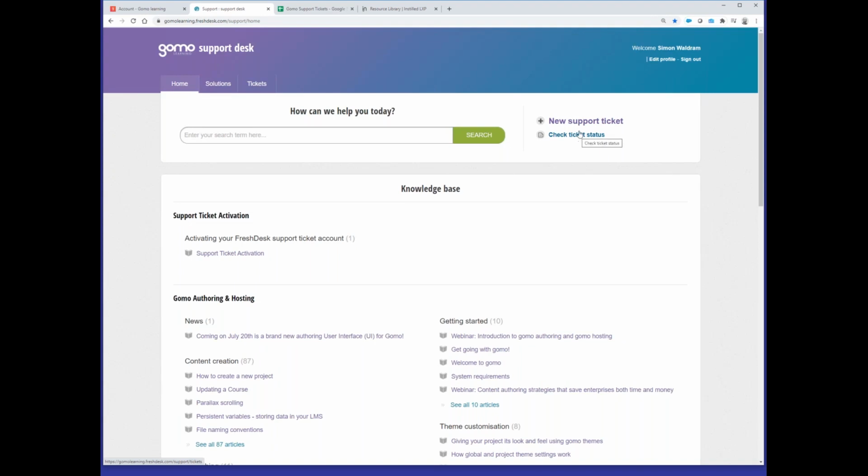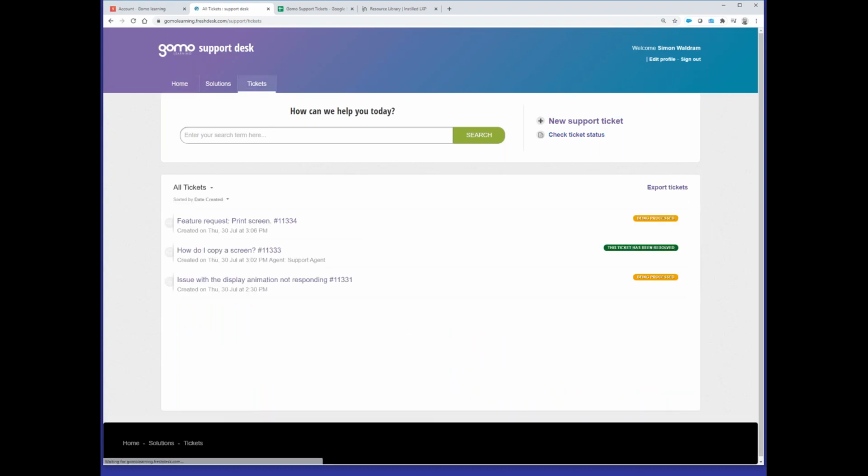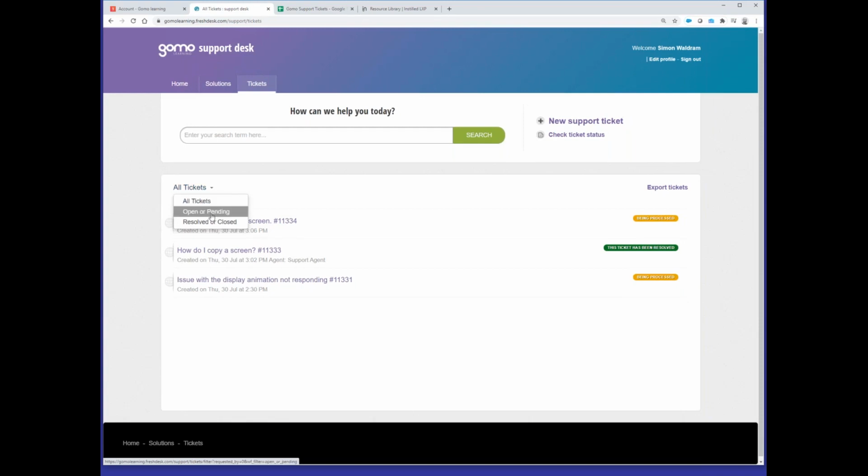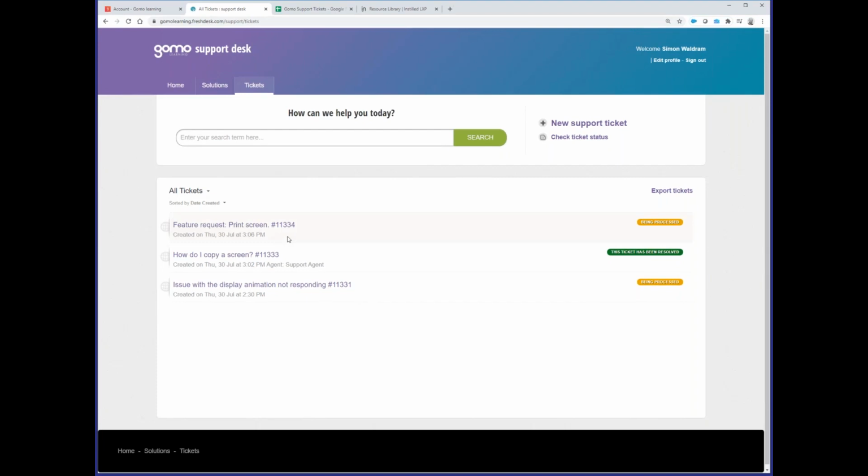So if we have a look first and foremost at the ticket status, we'll show you what is new. So I have some example tickets in here at the moment. We're able to now filter them, whether that be open, pending, resolved or closed. And if we take a look at one of these,